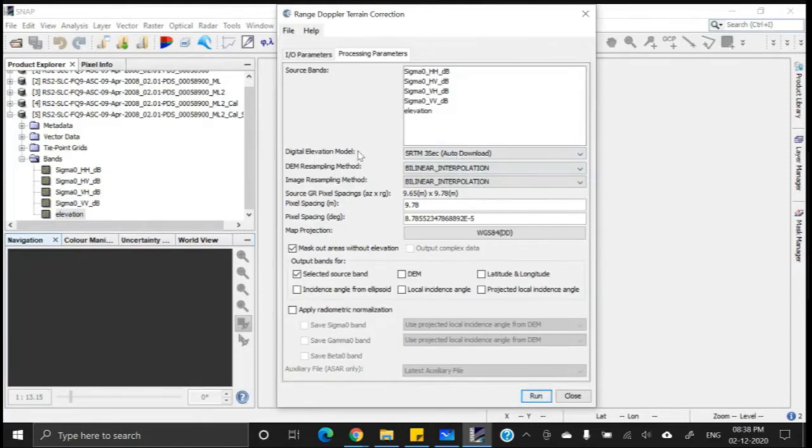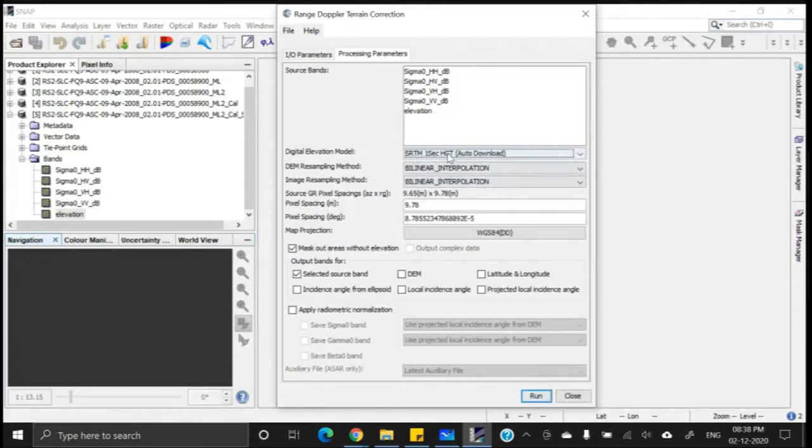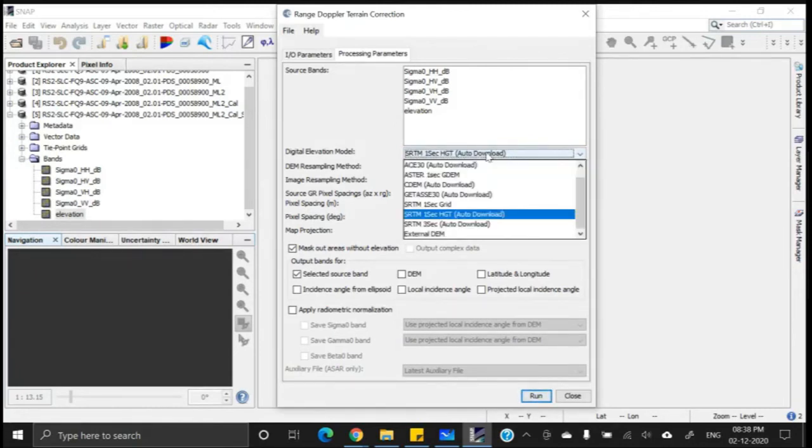Then digital elevation model. Select SRTM 1 arc second HGT auto downloaded. If you already have the DEM at your disposal, then go for external DEM.